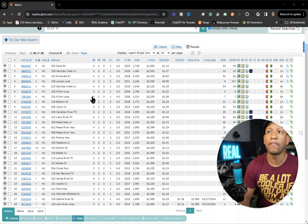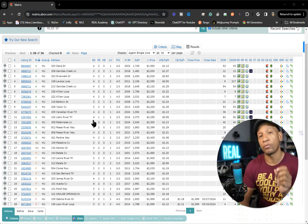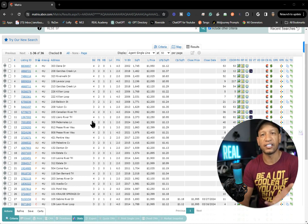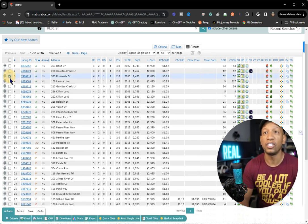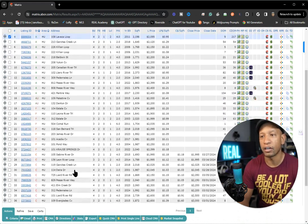Bedrooms. Number of bedrooms is really important. When you're evaluating your home that you want to list or lease list, you want to make sure that it matches the number of bedrooms. And then this is full baths and half baths. So if you have, let's say, a 4-bedroom house that's 2.5 bathrooms, that's great. So I would only check the ones that are 4-bedroom, 2.5 bathroom first and say, okay, these are active. What are the ones that are closed at 4-bedroom, 2.5 bath? There's only one,